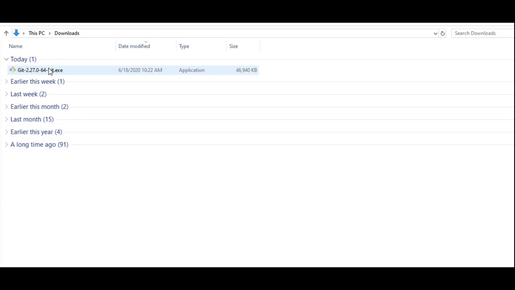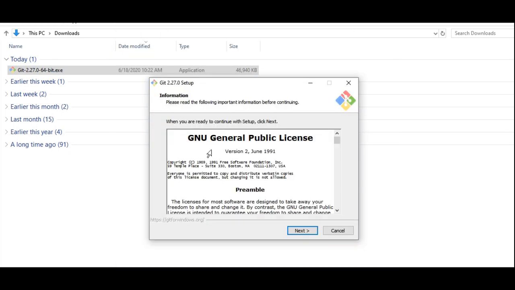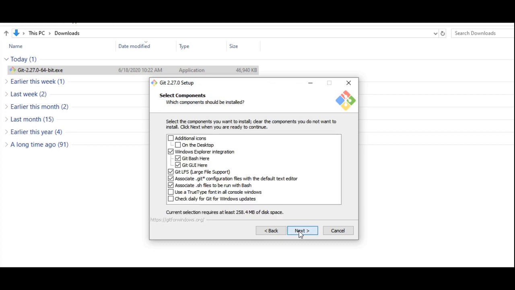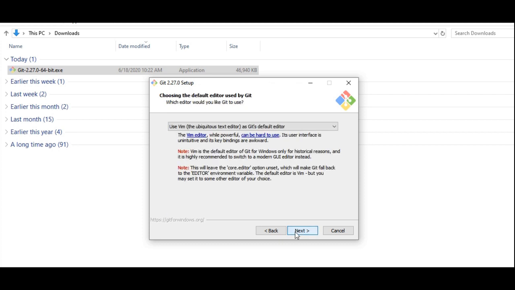Once the file is downloaded, double click and start the installation of it. In the installation window, click Next. It will by default select your C drive program files folder. Click Next. Click Next. Keep on clicking Next.